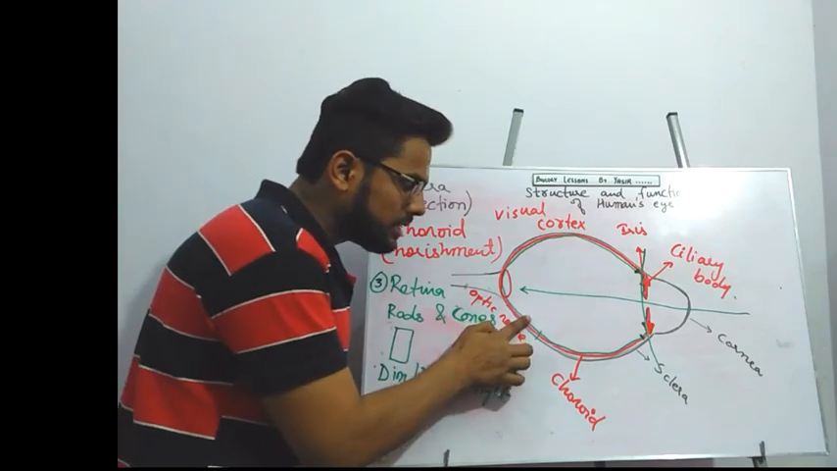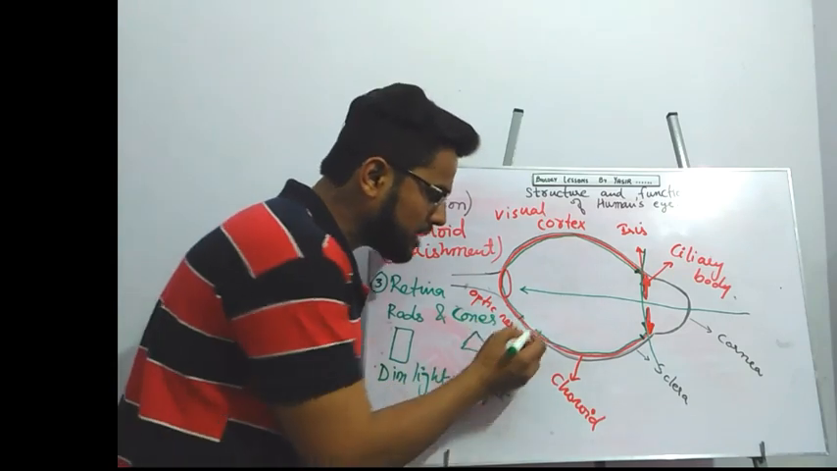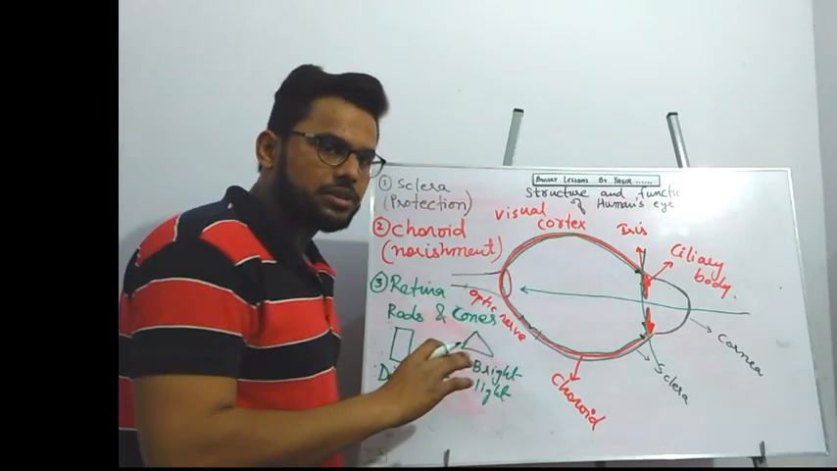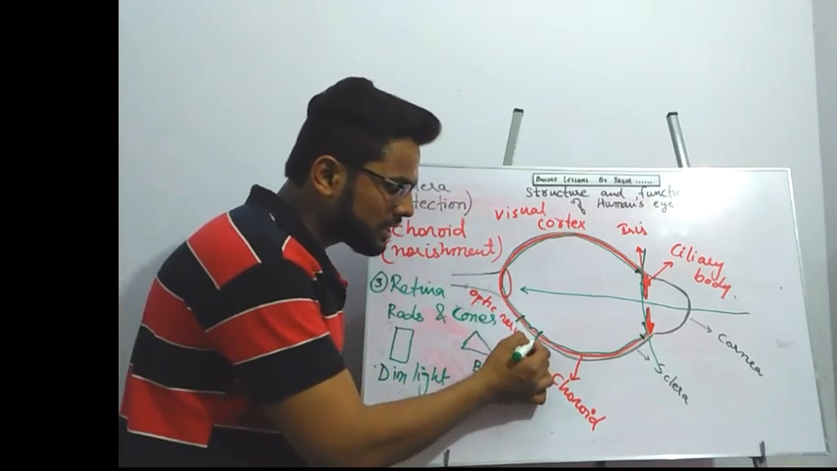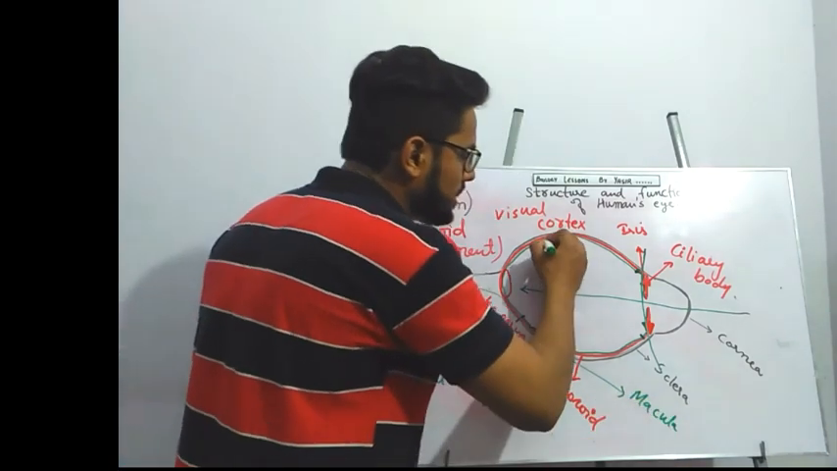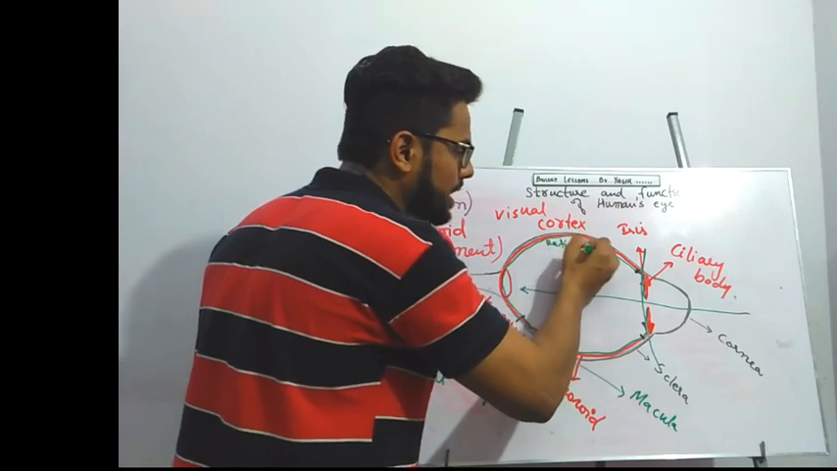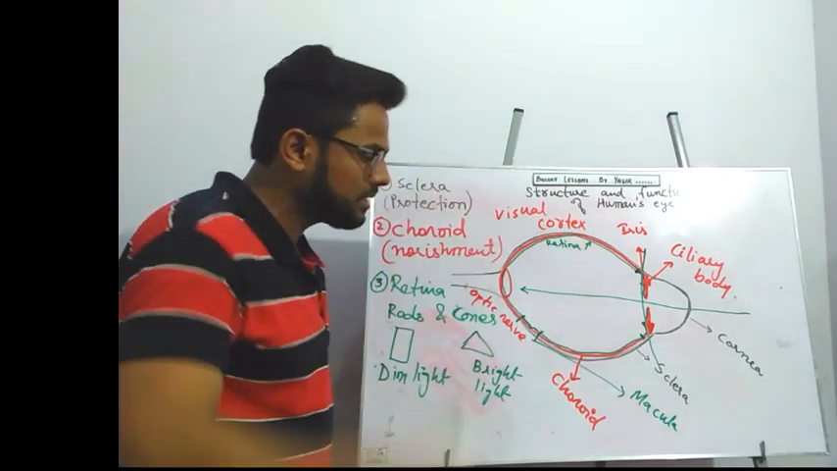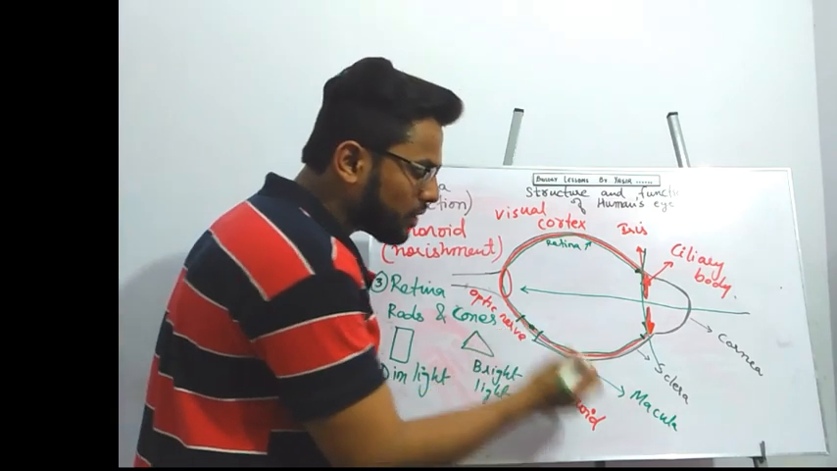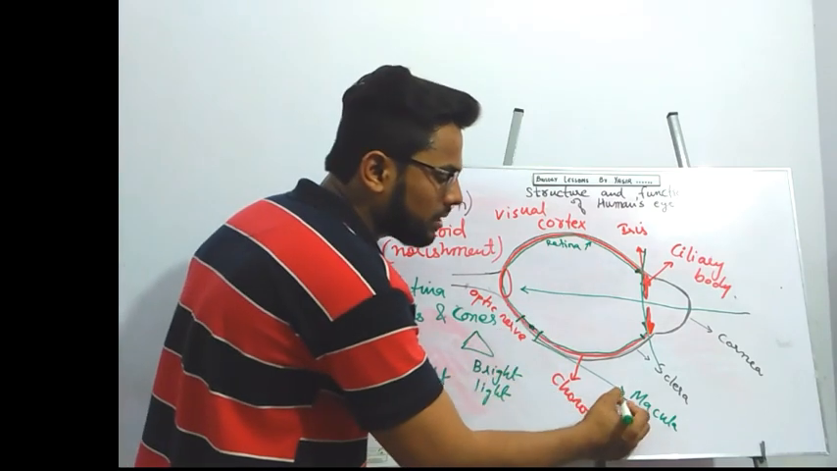Now this point of the retina has a depression like this. This depression is called the macula. This is called the macula. This is the retina. I use green color to represent the retina. This is the macula. The middle portion of the macula is called the